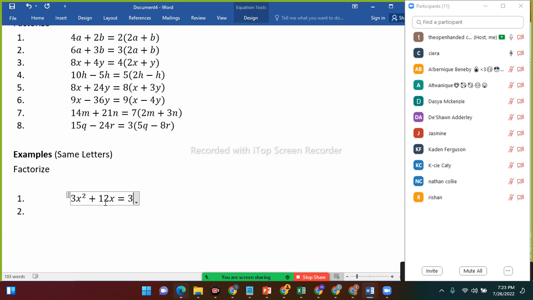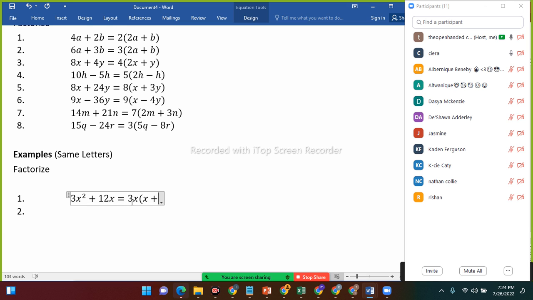And then open bracket x squared. Now remember, they have the same letter. What's the same letter that they have? X. So let's put that there. And then now we open the bracket. So what times x is x squared? Definitely x. Plus